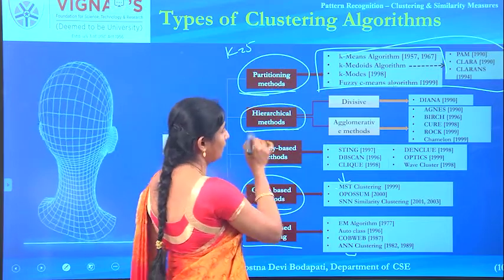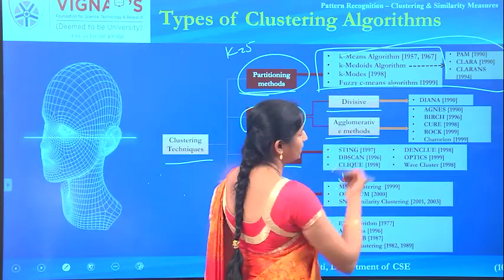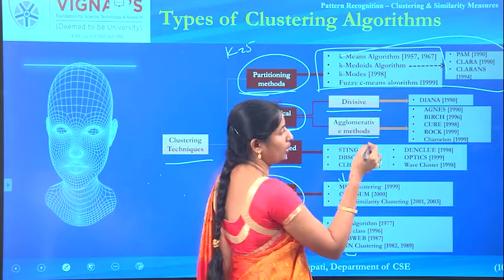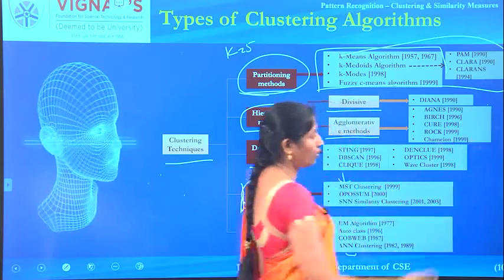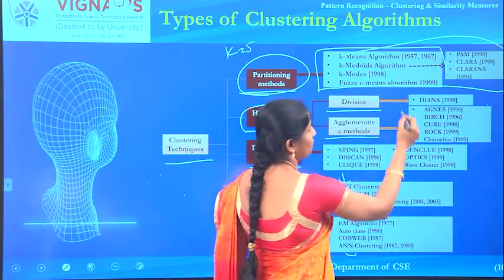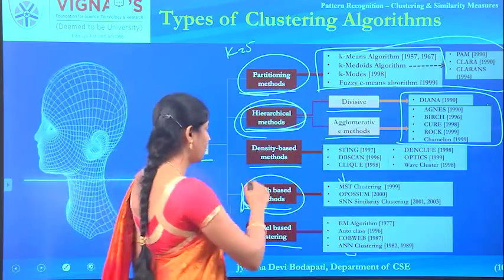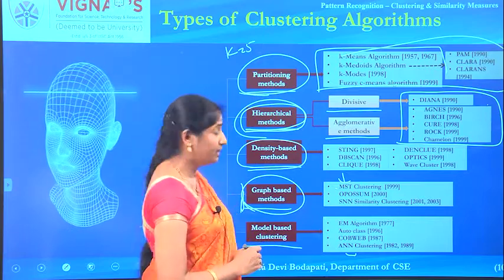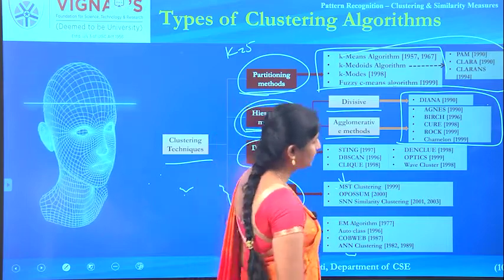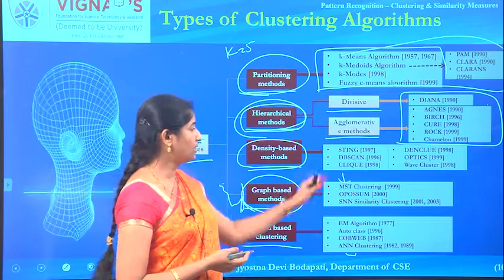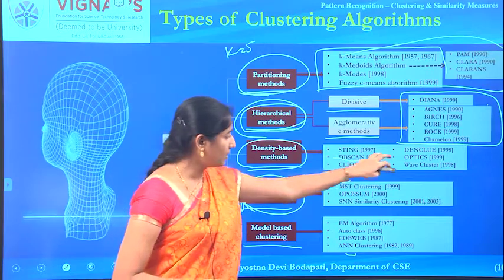Then there is another set of algorithms known as the hierarchical algorithms, and under that we have the divisive or the agglomerative approaches, which work on the top down or the bottom up approaches. And in that we have DIANA, AGNES, BIRCH, CURE, ROCK, and Chameleon. These are the various types of clustering algorithms that work based on hierarchical clustering principles. Then another class of methods are density based methods. Some examples are DBSCAN, STING, CLIQUE, DENCLU, OPTICS and WaveCluster. These are examples for the density based methods, and we will be discussing the DBSCAN algorithm alone.